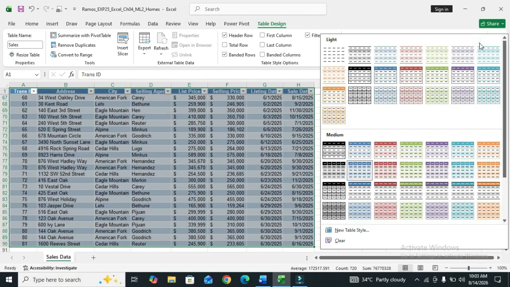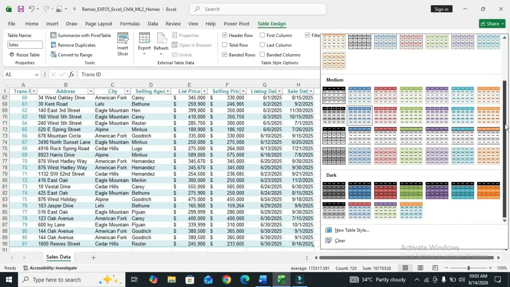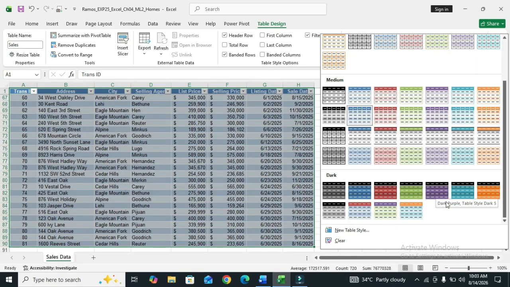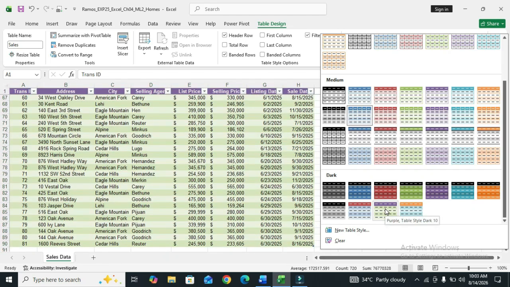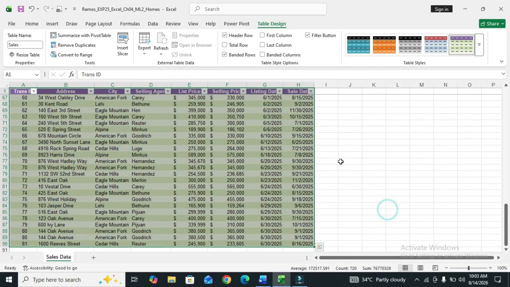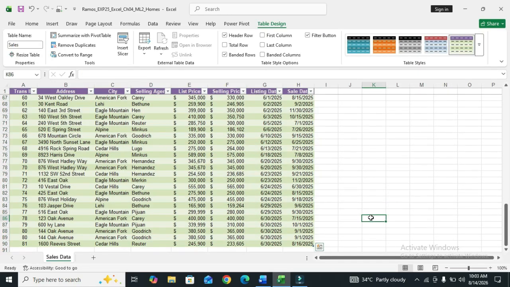Go to the dark styles, the dark purple table style. Yes, this is Purple Table Style Dark 10. So click on this, and step number 4 is also done.